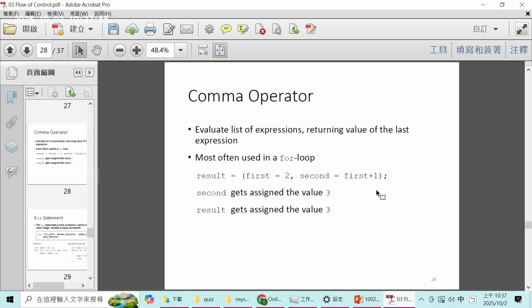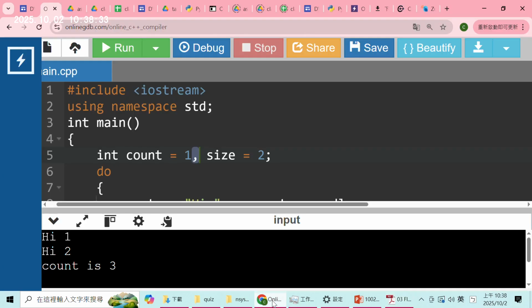And actually, we do not recommend you use comma like this example, because this example combines multiple assignments inside one line, and this will hurt the readability of your program. So we recommend you do not write your program like this. It is better to separate each assignment in one line. So for this line, it is better